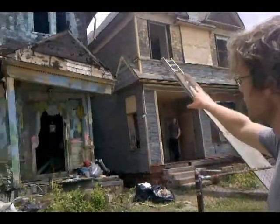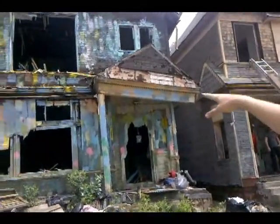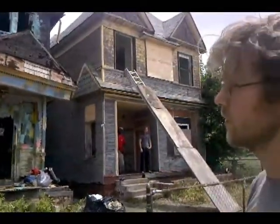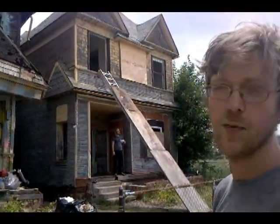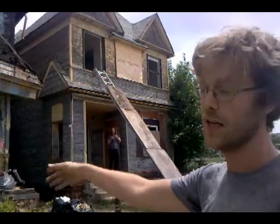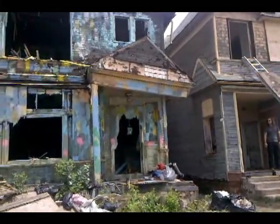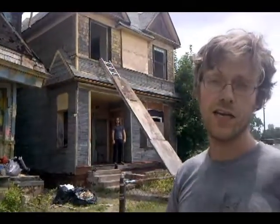And what you're looking at here is one very burned out house. It caught fire about 6 months ago, and it's really just a shell of itself that in a couple weeks we'll be knocking down, with the plan to turn the space that the house occupied into an outdoor public art gallery. Something interesting and rotating every few months that people can come down and visit, spend some time at the park,